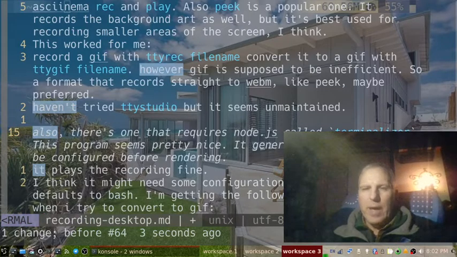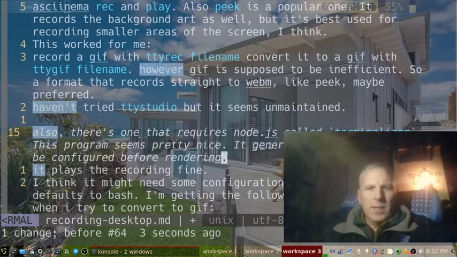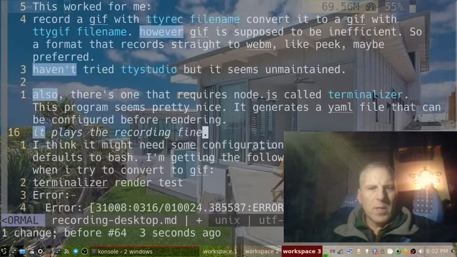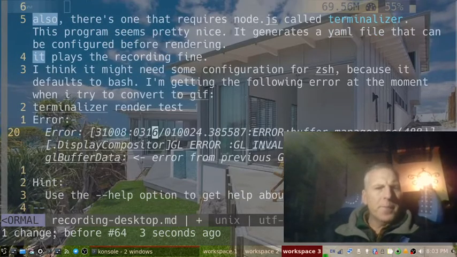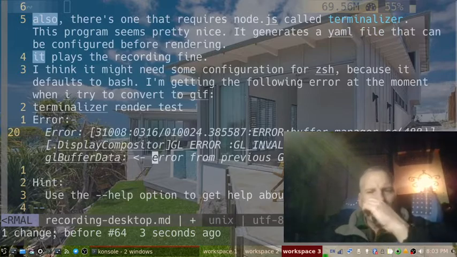It generates a YAML file that can be configured before rendering. So I think you can play around with the playback times and stuff. It seems to default to Bash, and actually I got an error when I was running it,